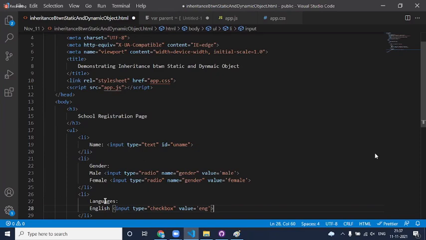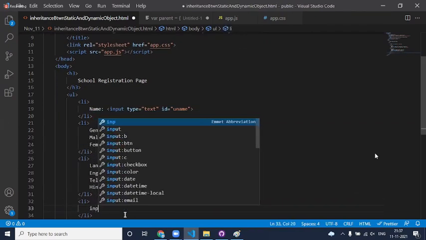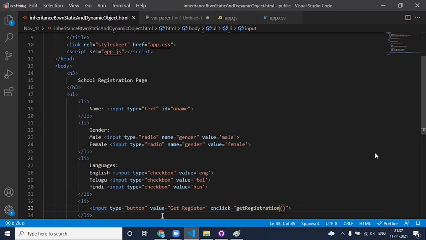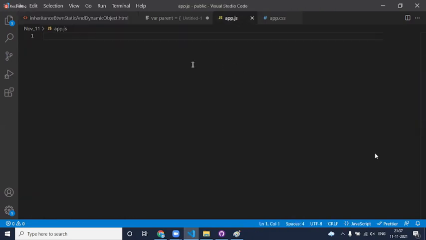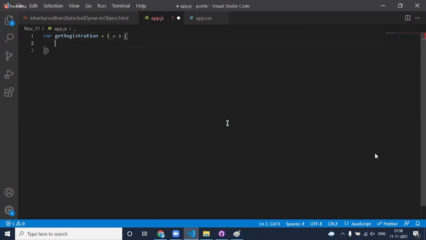Now on another line, input type equal to button, value equal to get registration.